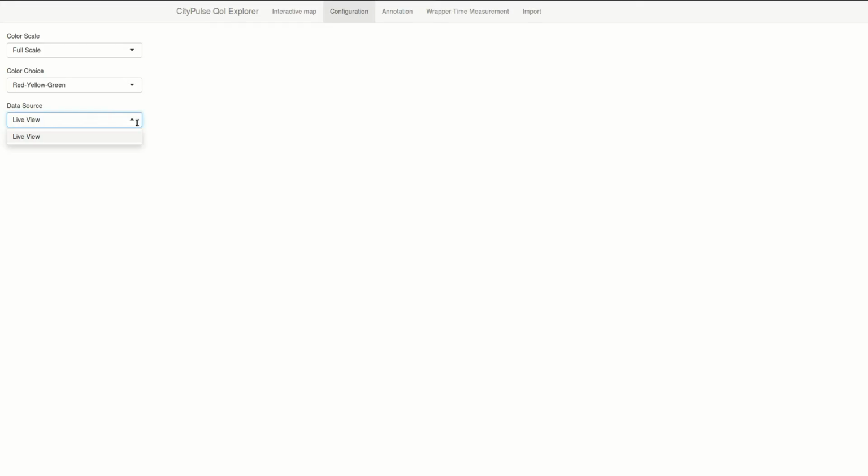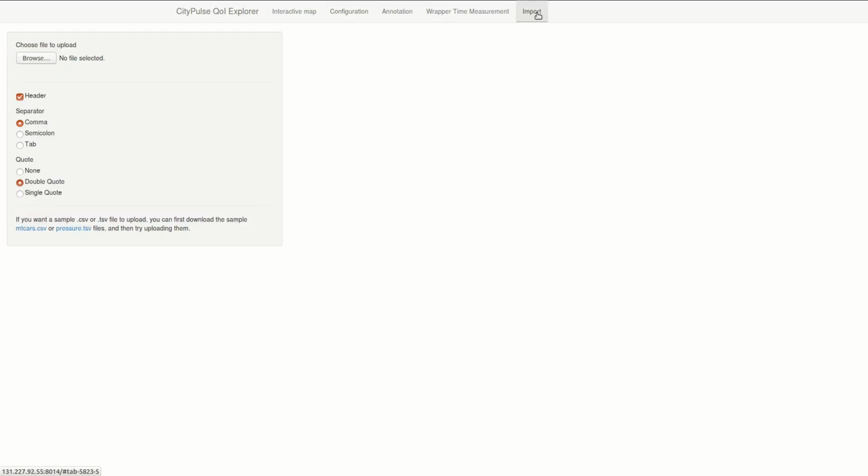At the moment we have the live view, so this Quality Explorer is directly connected to our framework, but we have the possibility to upload some files, and then we can select here historic data that should be displayed. To upload historic data, we have this import possibility where we can upload some CSV files.